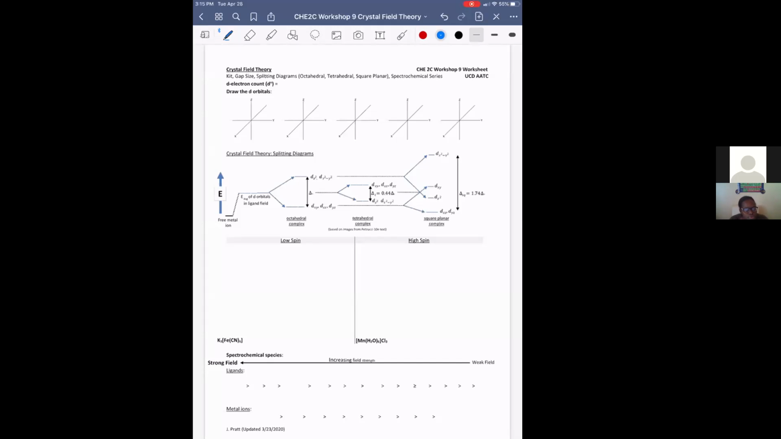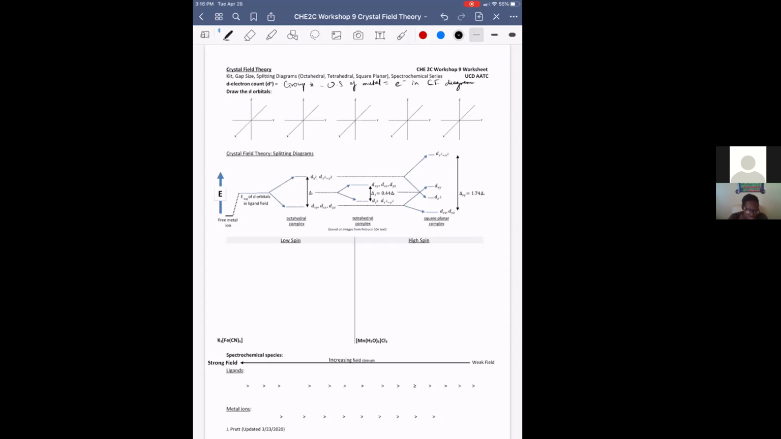So as a quick review, we can get our d electron count by looking at the group number of our metal. So we'll look at the group number of the metal, and then we'll subtract the oxidation state of our metal. And this tells us exactly how many electrons to include in our crystal field splitting diagram. So this equals the number of electrons in the crystal field diagram,